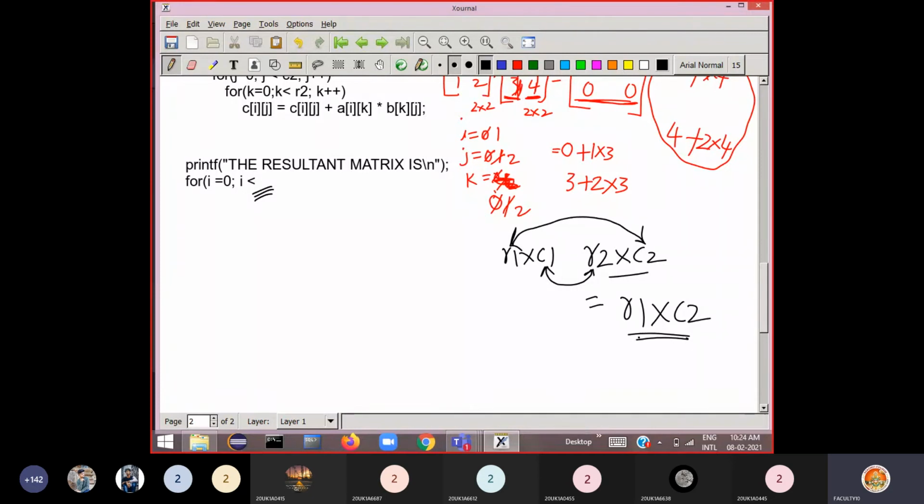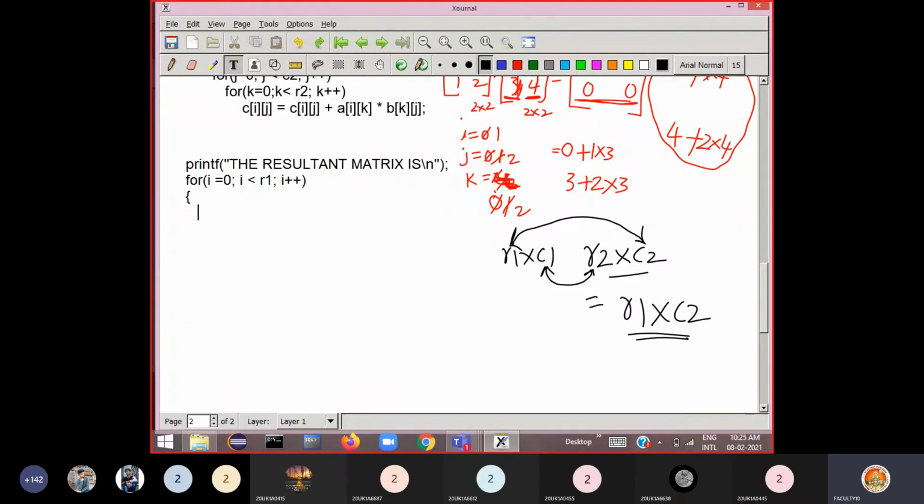You should remember the resultant matrix order should be R1 by C2. That's why, if you print the resultant matrix, the i value should be less than R1. Then you say i plus plus.